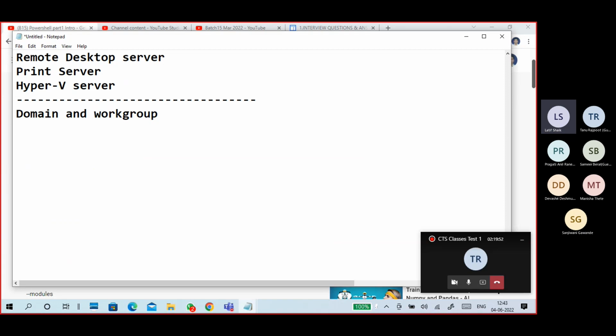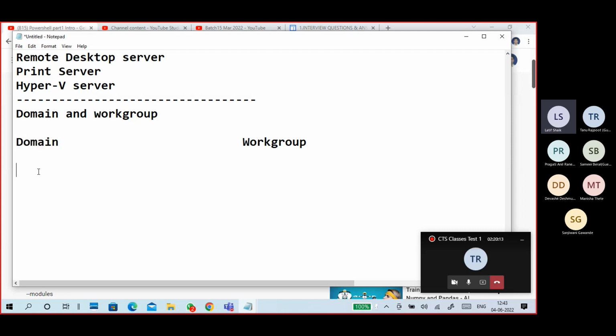Here, when you talk about a domain, guys, and workgroup, there is a very important difference between domain and workgroup. So don't skip anything. I'm just telling it orally because it's already 1:45.